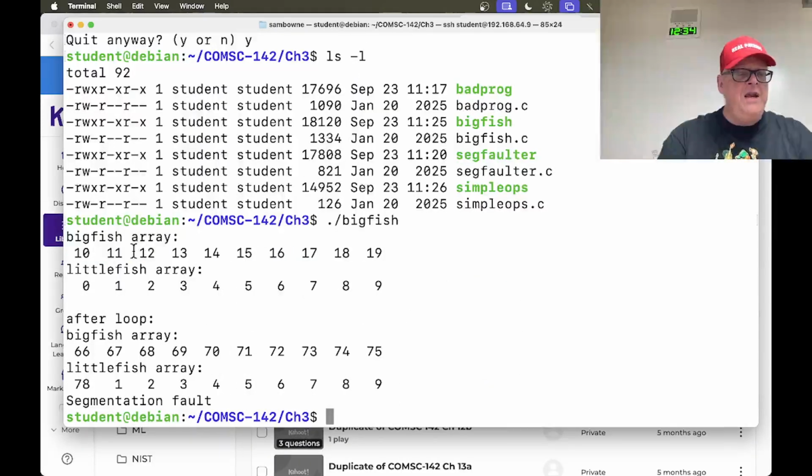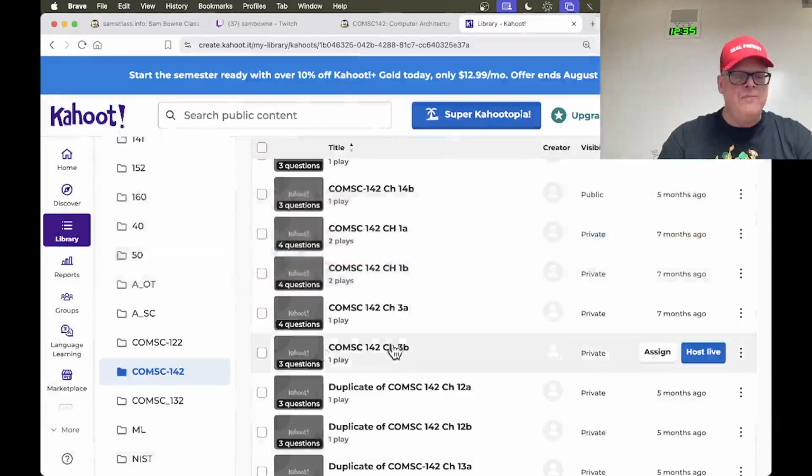okay, it defines the array. Here they are, 10 to 19. Then after the loop, it makes this one bigger, and it ran off the end of it, so it changed the first element in Little Fish to 78. This Big Fish ran off the end and changed this, but it also changed the pointers. So when you try to free it, it's going to crash because the pointers you stomped on with 76 and 77 should have been pointing to valid memory regions, and now they're pointing to ridiculous low addresses, 76 and 77,